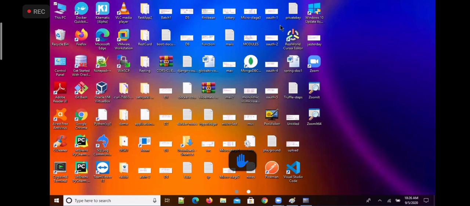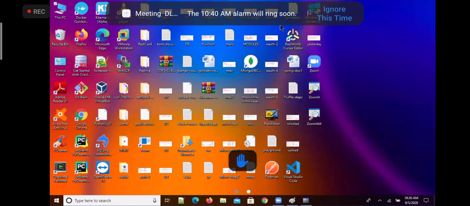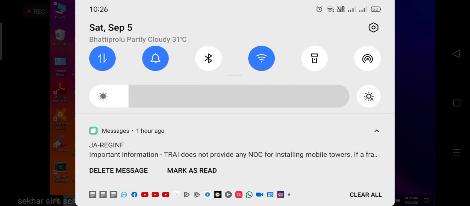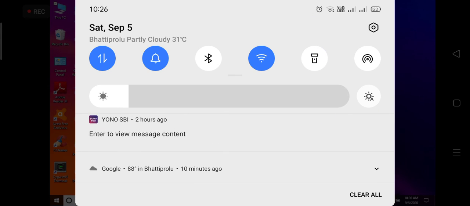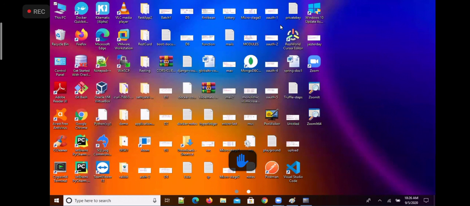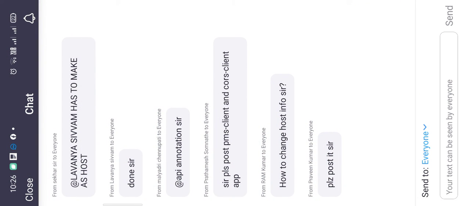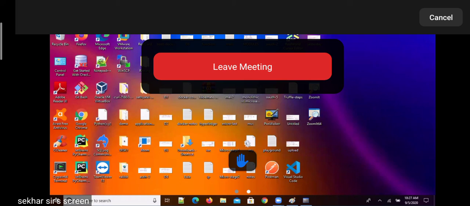Next we have a session on Monday. There will be no session tomorrow. Tomorrow I'm taking a session for another batch, so I'm not taking one for your batch. The next session will be on Monday at 8:30. I started at 8:40 today. Actually, I planned to start at 8:30 only, but there was some network issue, so it became delayed. Because I said already, the 7 to 8:30 session I finished.